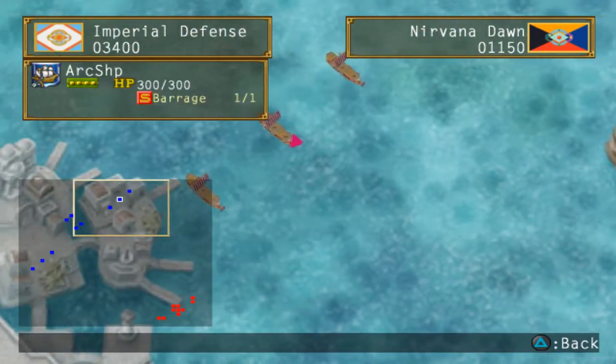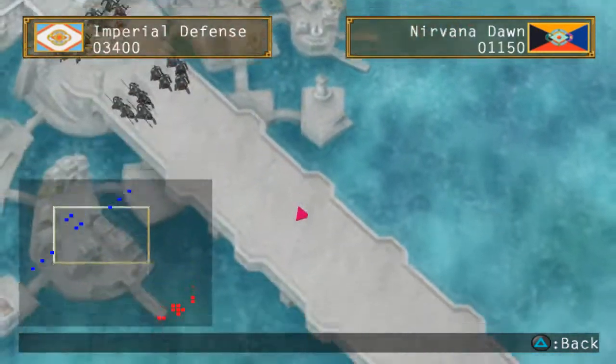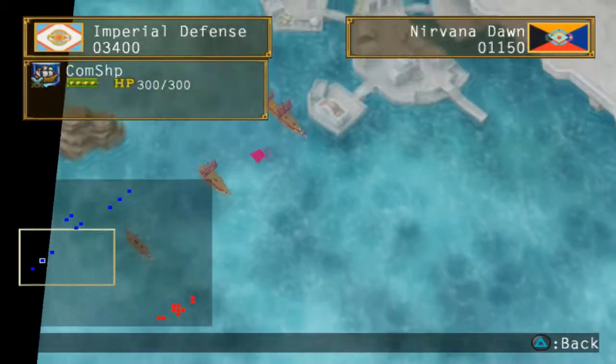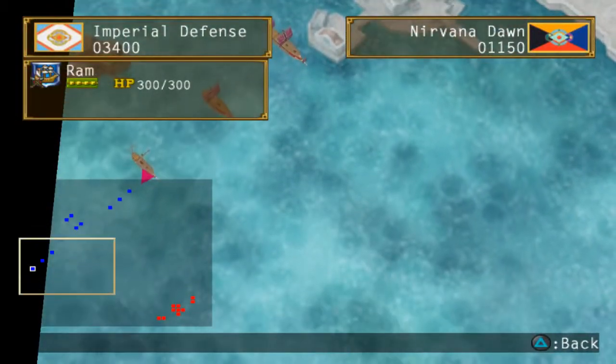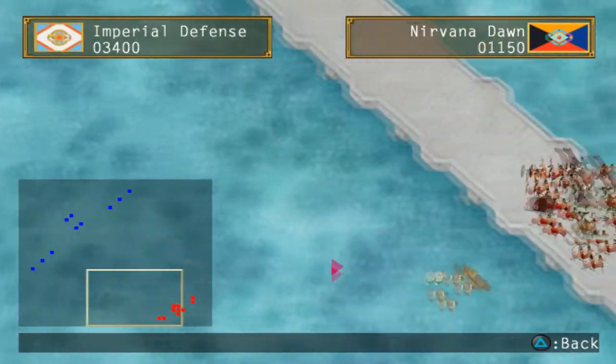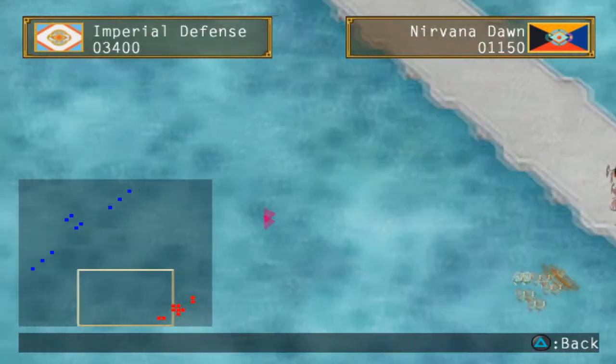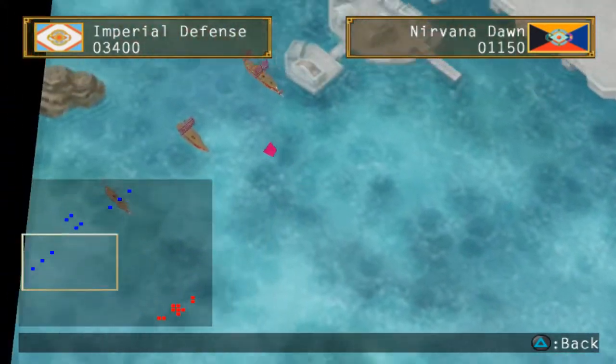So we've got archer ship, archer ship, archer ship. So pretty much if you've got a good ram, they can do your job for you here. Got a little bit more variety on this side: 2 comm ships and a ram, so our force down here is the Beavers, which is good, and Zahhak, which is also good. So, the Beavers I think I'm going to send...